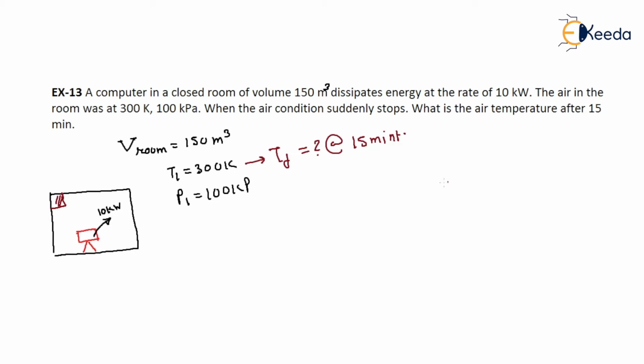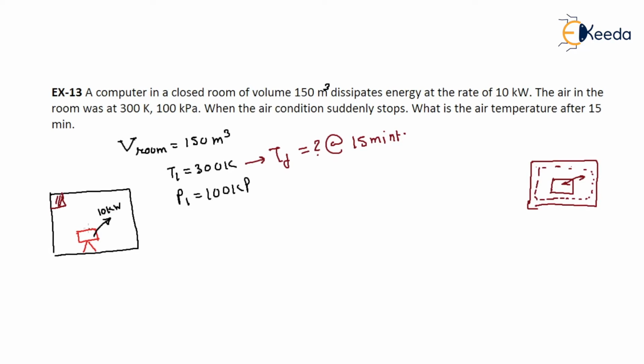See, previously we took a bath in which there is a copper, and we took the system like that. Why? Because there is no information about how much heat will be transferred by the copper to the room. This is not given, so we take the whole as a system. But here, if you take the whole as a system, heat will never cross the system boundary, so it would be zero. But it is not zero, it is there.